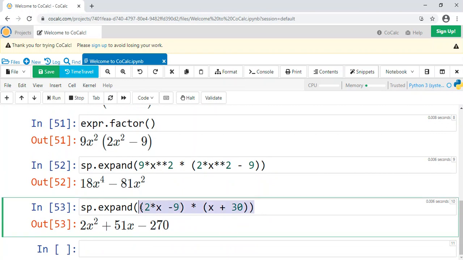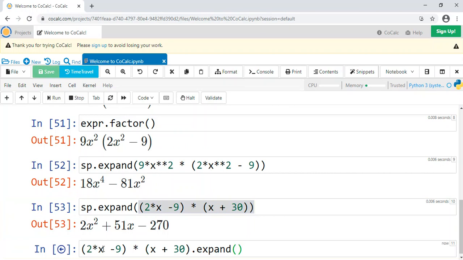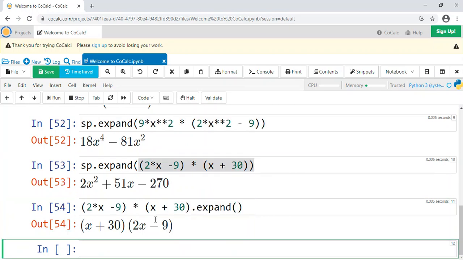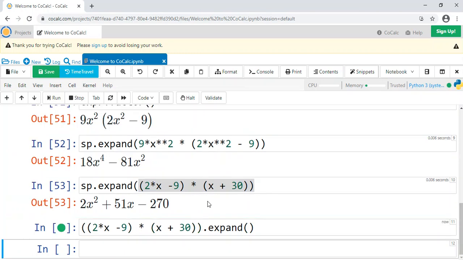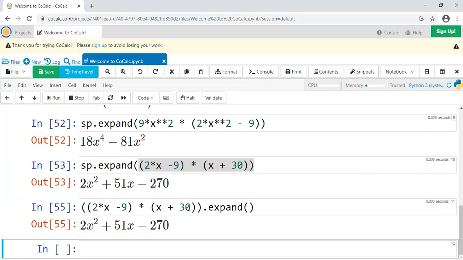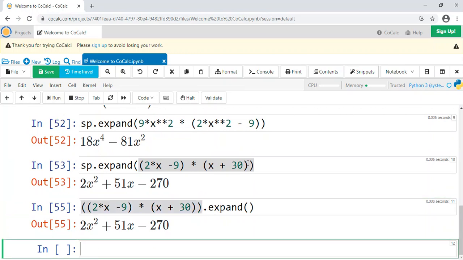You can also, of course, do the expression dot expand, and it should work just fine. Actually, I think maybe the whole thing has to be in parentheses, just so it knows you're expanding the whole thing, not just that. So there you go, the whole thing in parentheses dot expand, and you don't have to worry about that if it's saved to a variable.